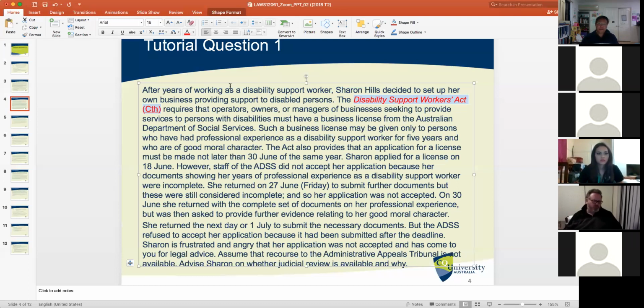So it might be an administrative decision, but not every administrative decision is a reviewable decision. So for example, you go to an administrative officer, in this case a staff member of DSS, and you're asking for an extension of 1 day, and they say, I can't give you that extension. There is a decision not to give an extension of 1 day, correct? But that is not a reviewable decision. In other words, you can't run to the courts to ask for a review of the decision not to grant an extension of 1 day. Or it could be that